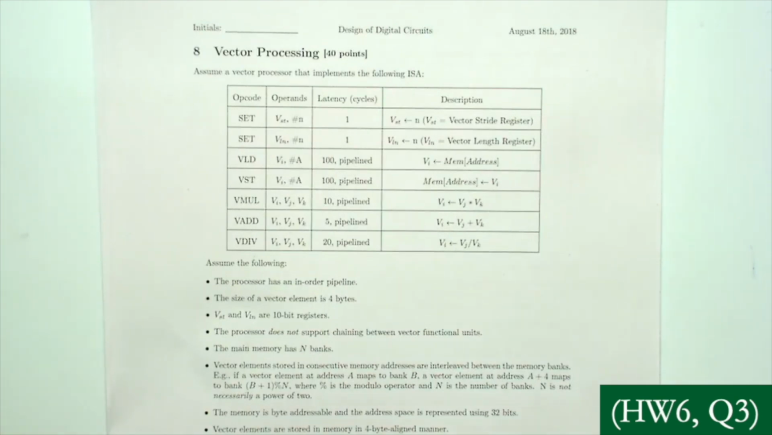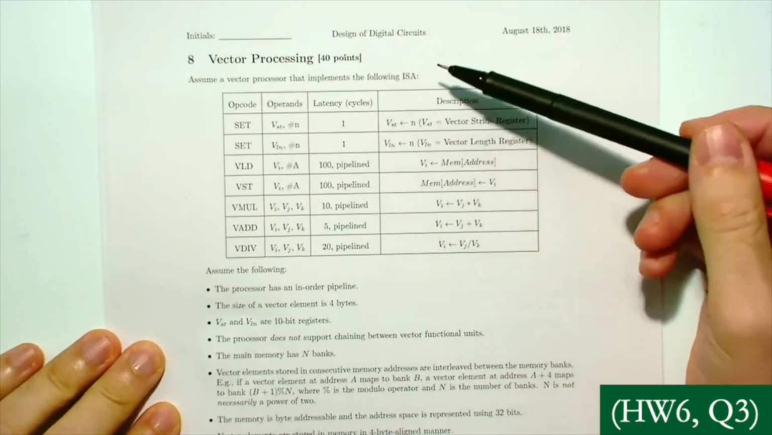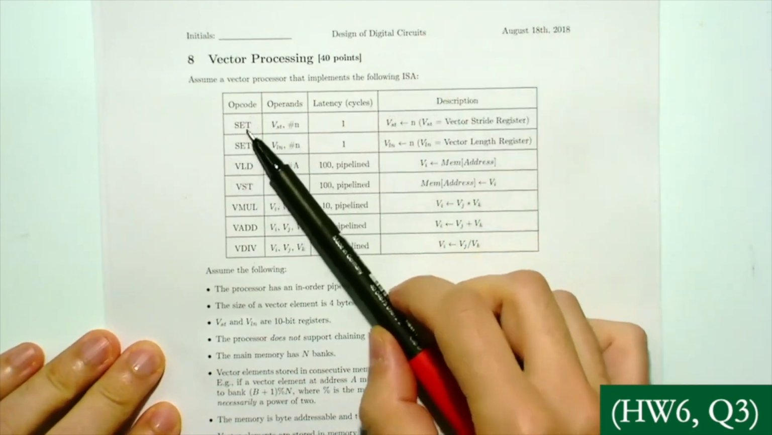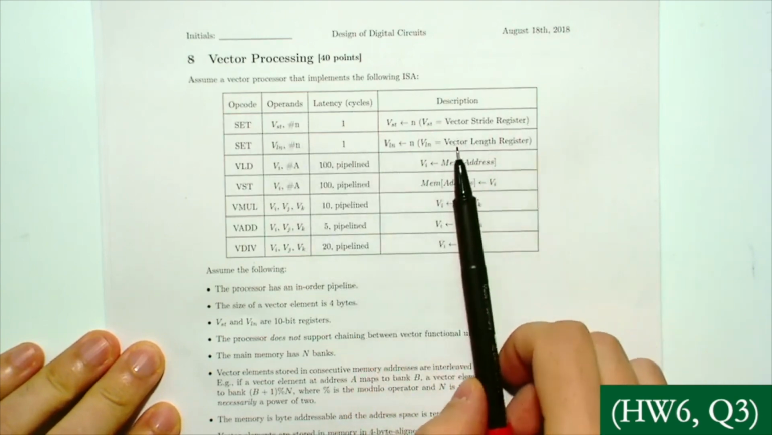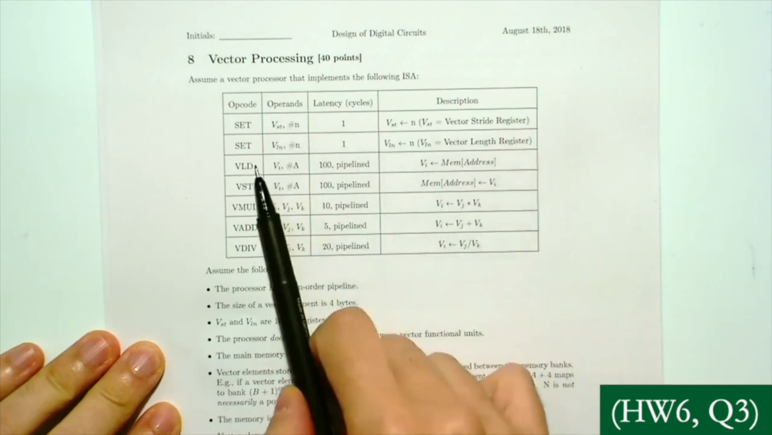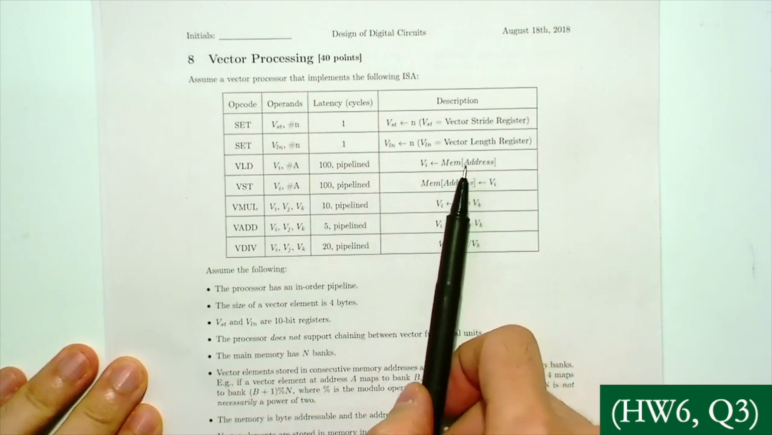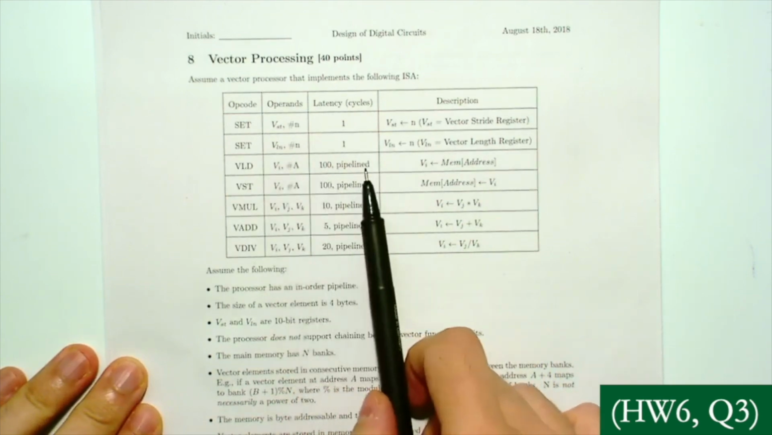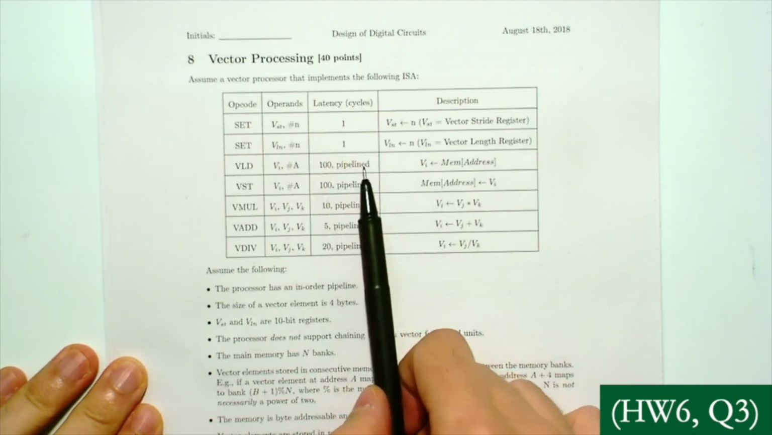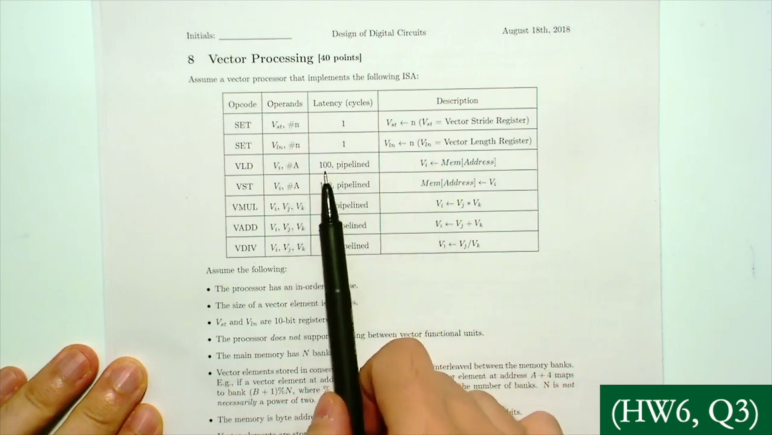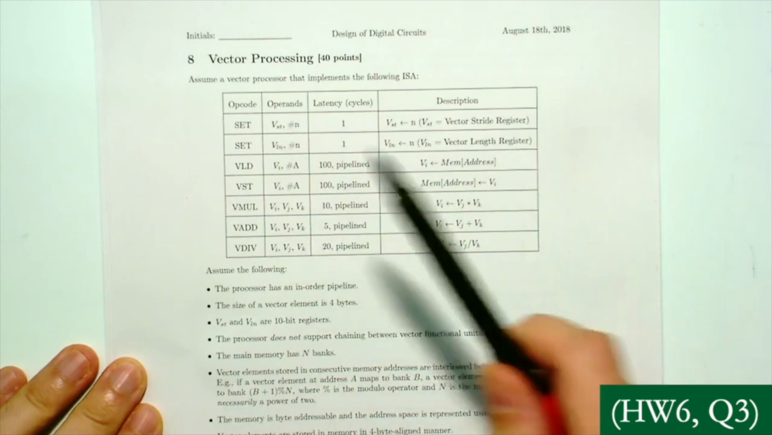Okay, this question is about vector processing. We assume a vector processor that implements the following ISA. We have set instructions to set the vector stride register and vector length register. We have load, which loads from memory into a vector register. This takes 100 cycles and is pipelined, 100 cycles per load. So if we have a vector length of 100, we will have